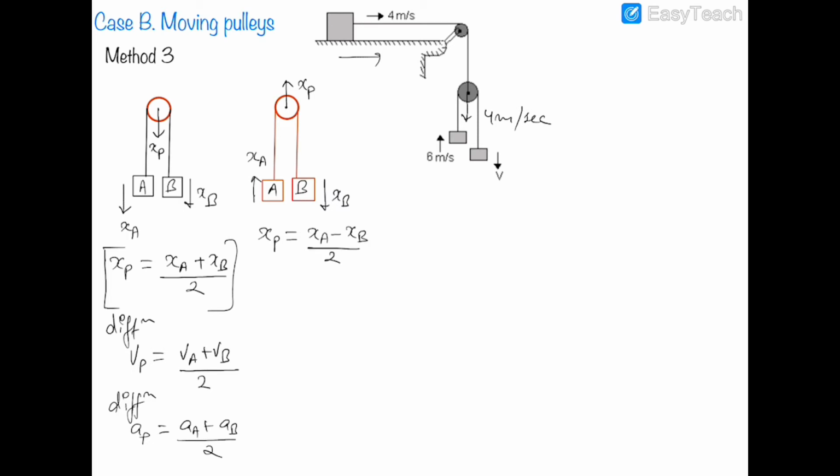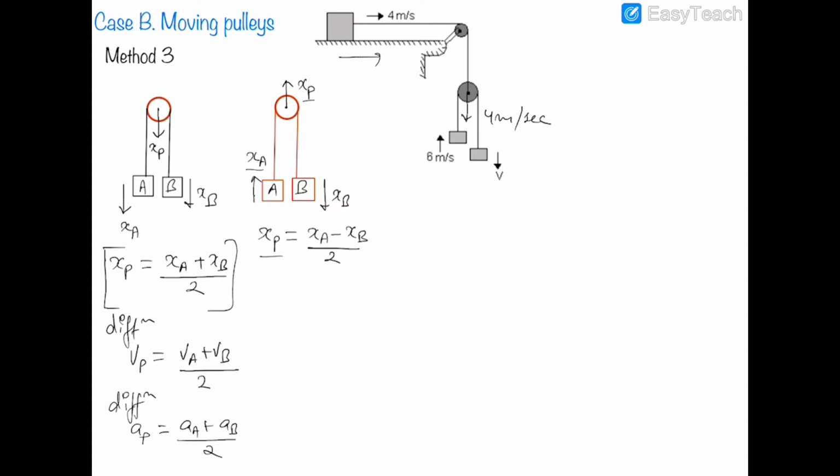Now there are two important things which I would point out in this equation: XP is upward and XA is upward. So if I have assumed XP to be positive, then I would assume XA to be positive itself. And hence if XP and XA are upward and positive and XB is downward, automatically XB would be negative. So I can say that XP is equal to (XA minus XB) upon 2.